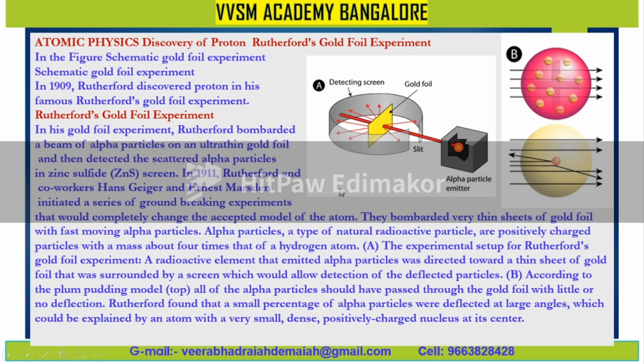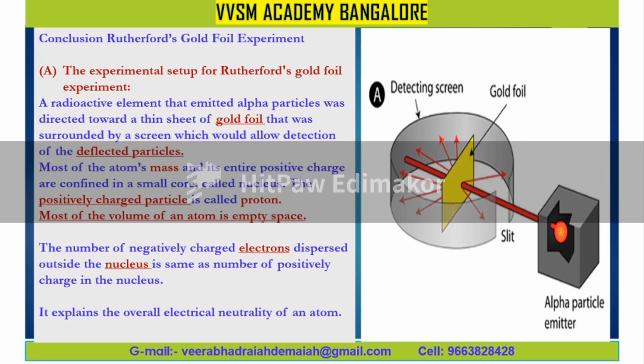This is important. In 1911, Rutherford and co-workers Hans Geiger and Ernest Marsden initiated a series of groundbreaking experiments. In the experimental setup for Rutherford's Gold Foil experiment, a radioactive element that emitted alpha particles was directed toward a thin sheet of gold foil. This yellow sheet is called a thin sheet of gold foil, my dear friends. Observe the figure carefully and you can see it is surrounded by a screen which would allow detection of the